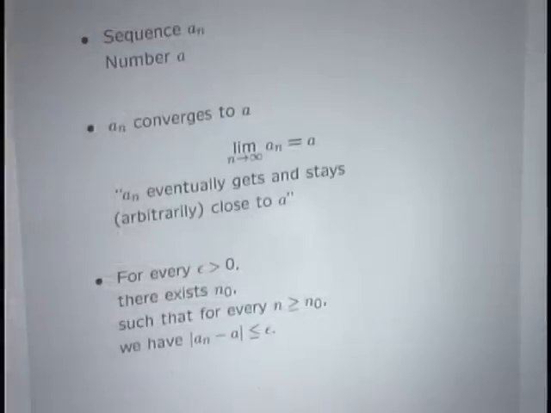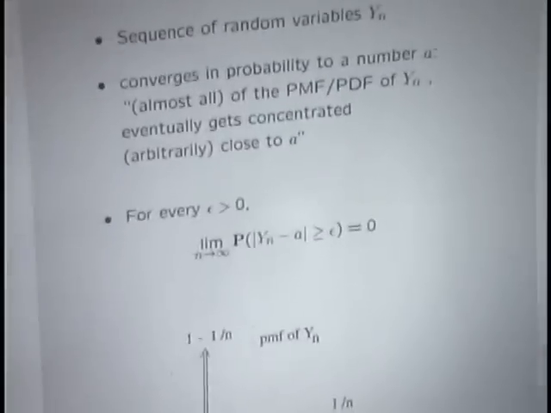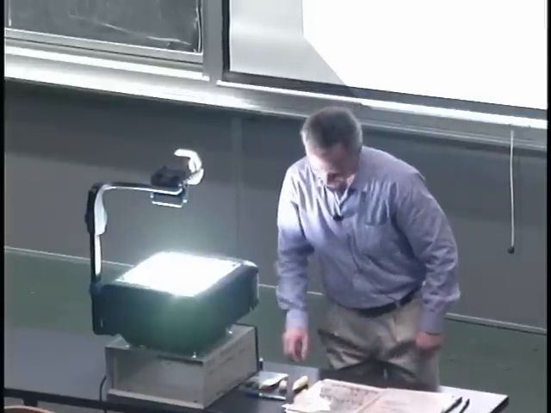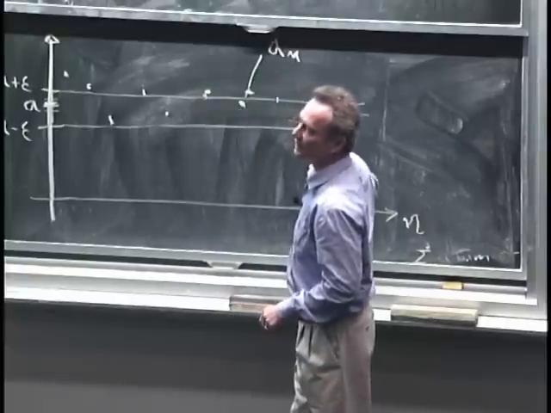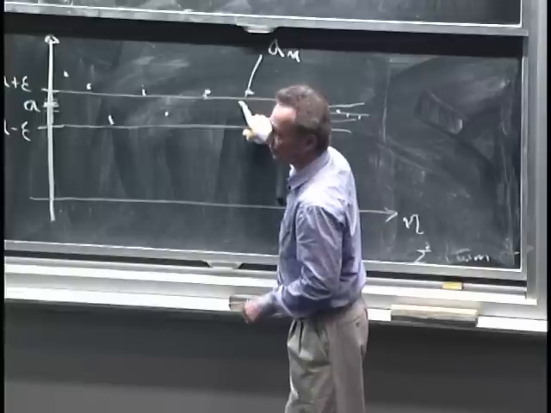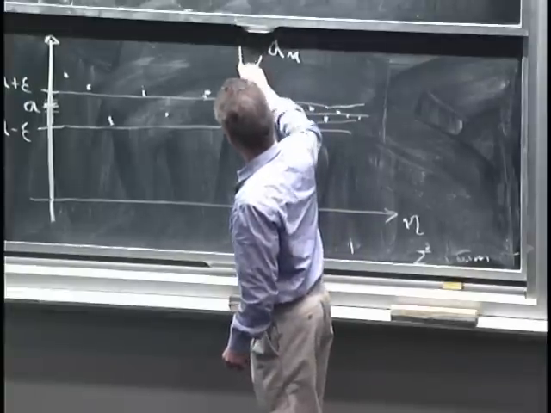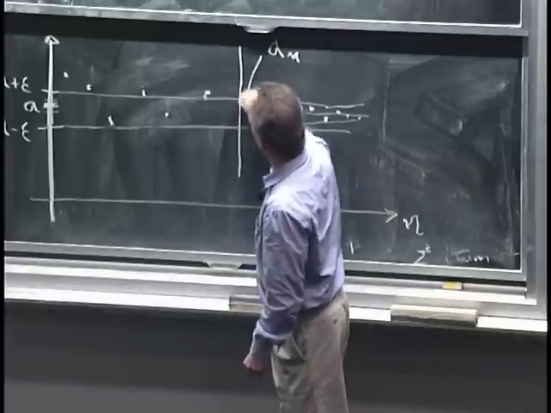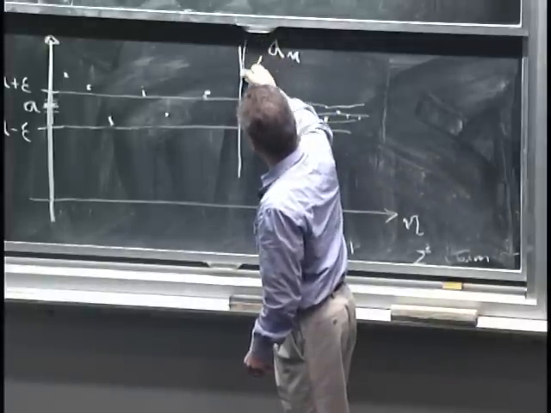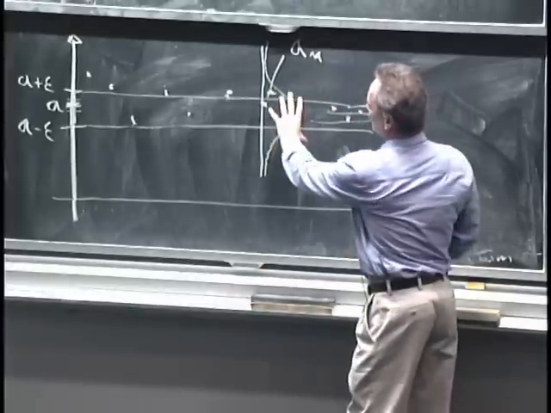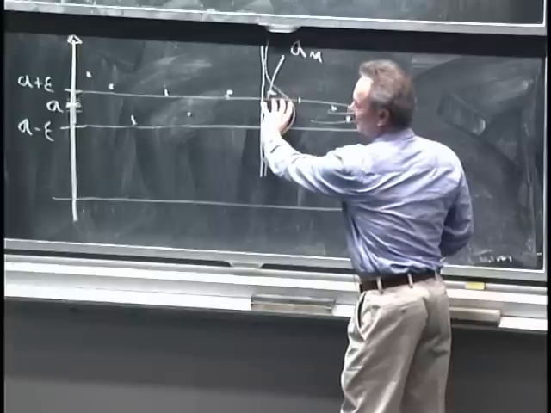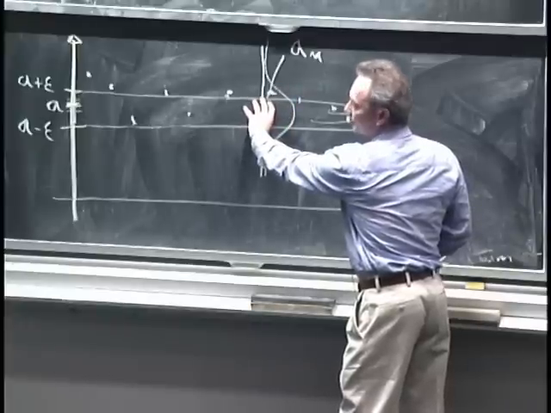Now, how about random variables? What does it mean for a sequence of random variables to converge to a number? We're just going to twist a little bit the wordy definition. For numbers, we said that eventually the numbers get inside that band. But if instead of numbers we have random variables with a certain distribution, so here instead of a_n we're dealing with a random variable that has a distribution, let's say, of this kind, what we want is that this distribution gets inside this band. So it gets concentrated inside here.